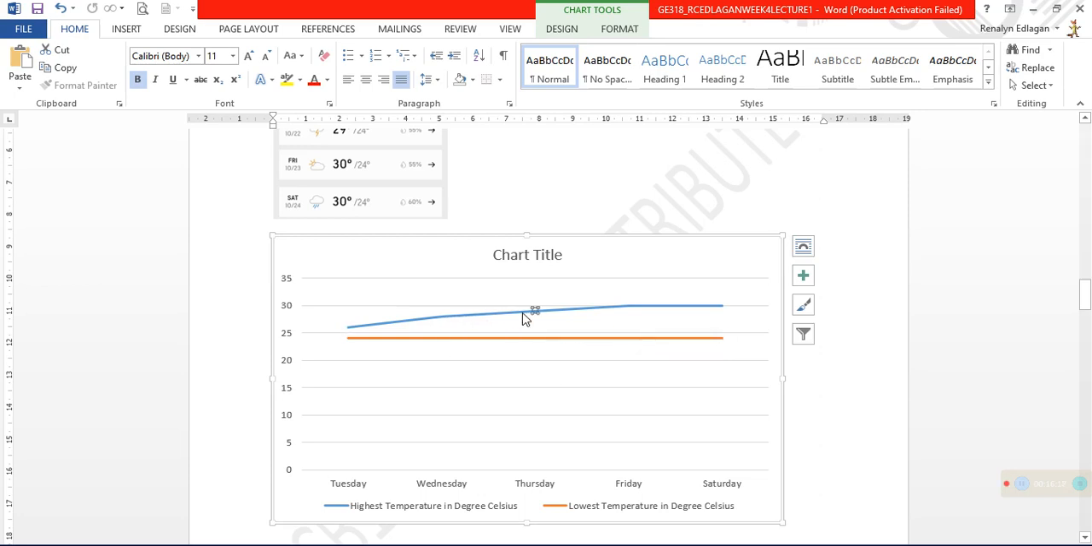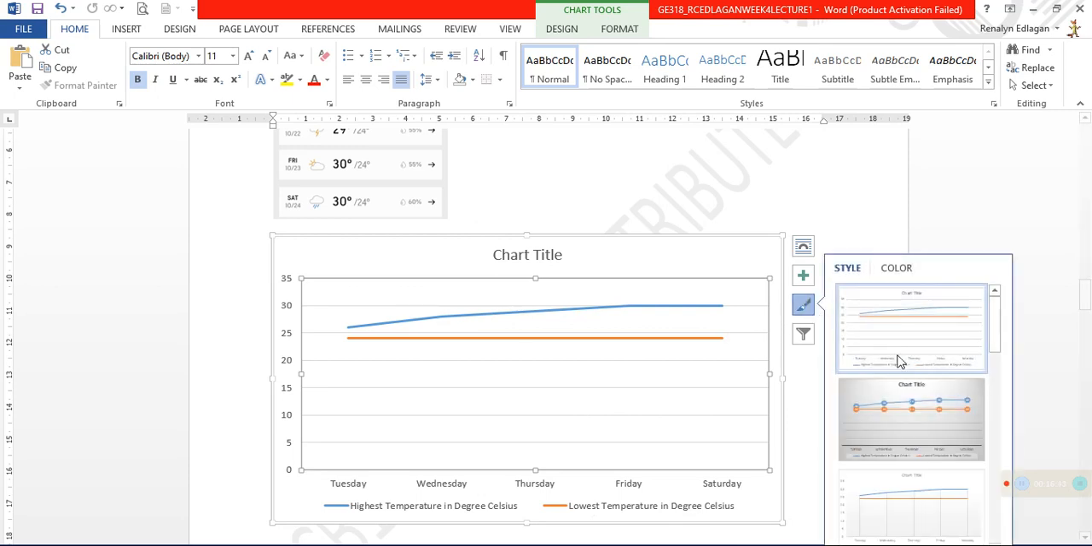28. For Thursday, pag nilagay nyo yung cursor nyo doon, lalabas yung value. Ayan, 29. Pag tinapat natin yung cursor natin sa kanya, for Friday, the value is 30. And of course, ito, straight line lang siya. Kasi lagi lang siyang 24, the lowest temperature in degree Celsius. And again, you can